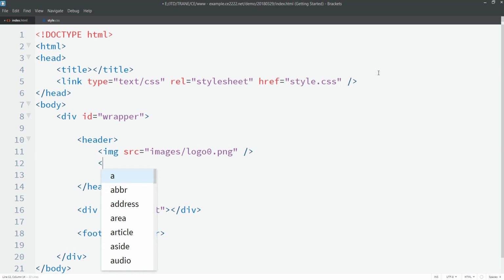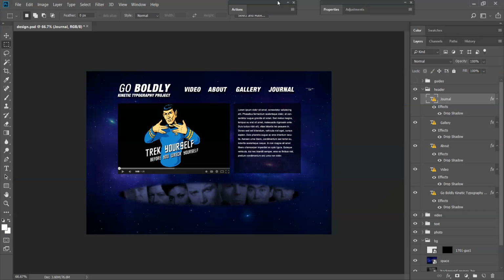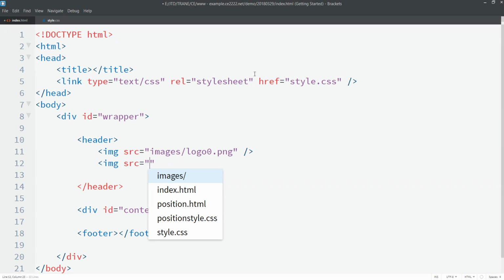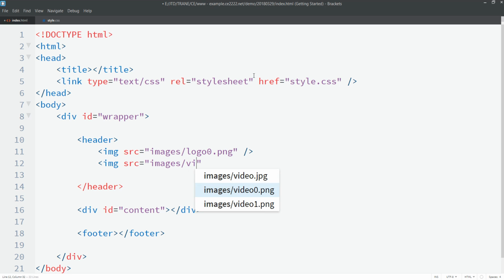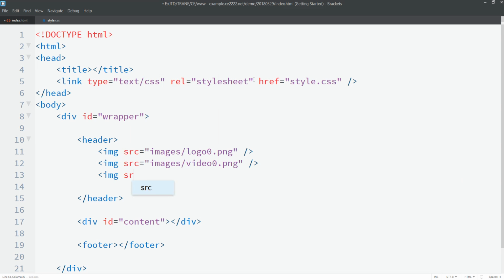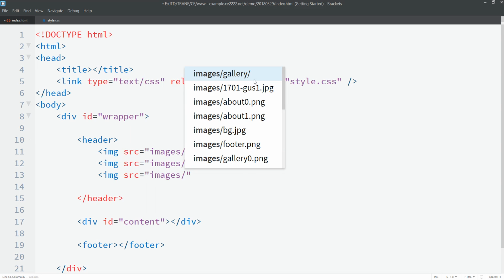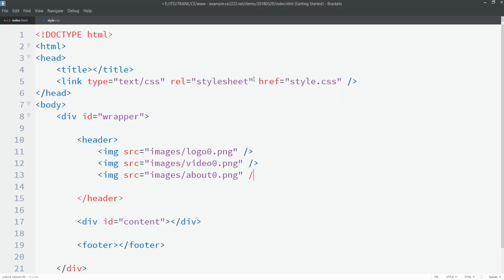We're also going to put in an image tag for that first one, which is the video in this case. Images, and that is just video 0.png. Image, src, images, about 0.png. So about